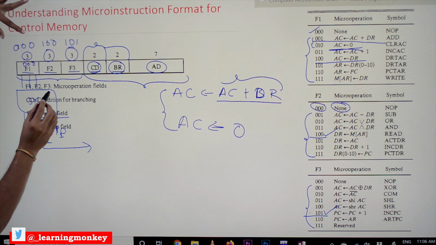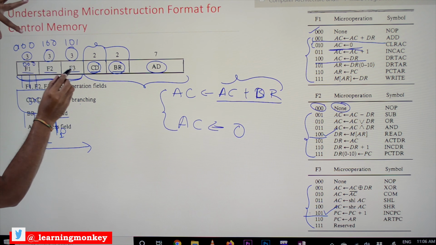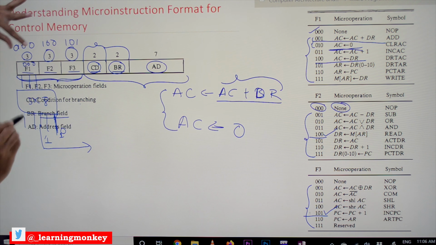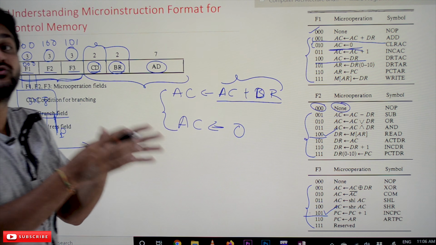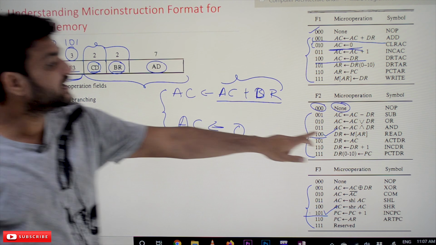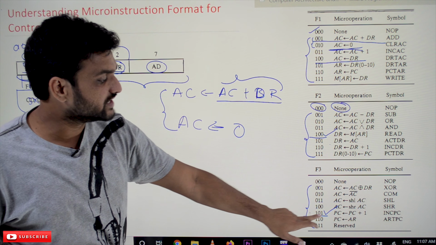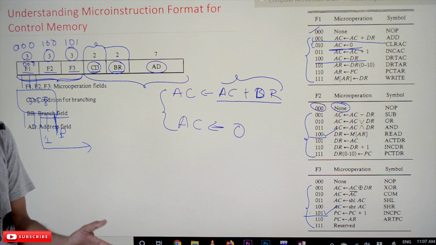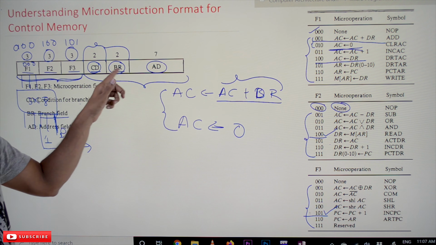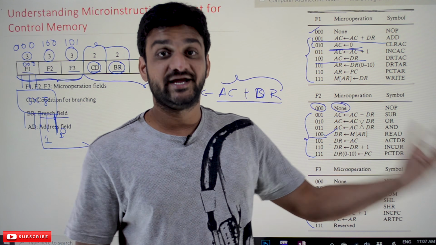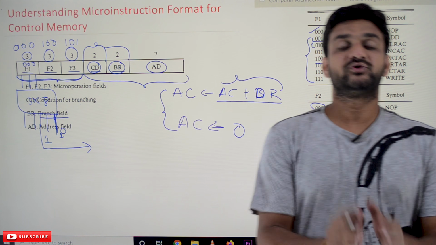one micro instruction in which the control word is provided. The control word with 3 groups is provided. The first group is provided with 000, the second group is provided with 100, and the third group is provided with 101. With 100, this micro operation will get executed, and with 101, this micro operation will get executed. So this is the format for micro instruction. The concepts of CD, BR and AD we will try to understand in our later class. In our next class we will try to understand about these status bits. Hope you got the clarity on this concept.